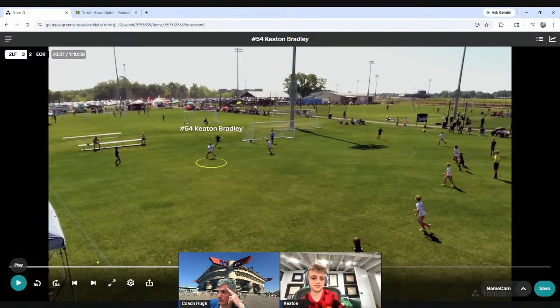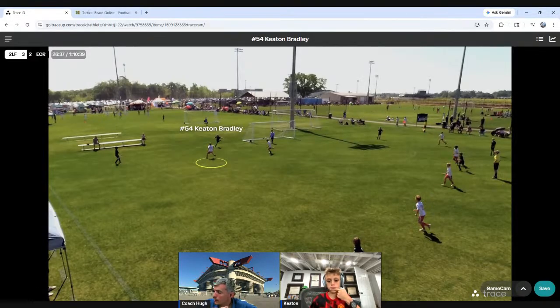Shadow defending. Do you understand why it's called shadow defending? Because you're not guarding the player. Kind of. What am I using to guard that player behind me? Your shadow. My shadow, right? So my shadow, if you were to shine a light on me, my shadow is blocking the player behind me. So I don't actually have to cover that player, but just my shadow covers him. So I'm a shadow defender. I don't even have to be near him, but just guarding the path of the ball allows me to defend that guy with my shadow.